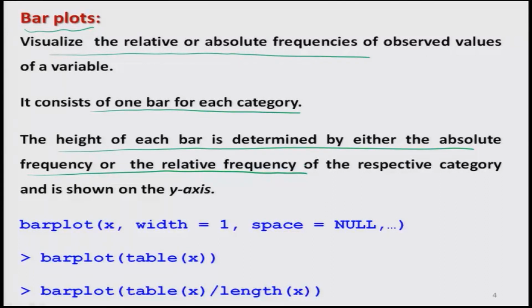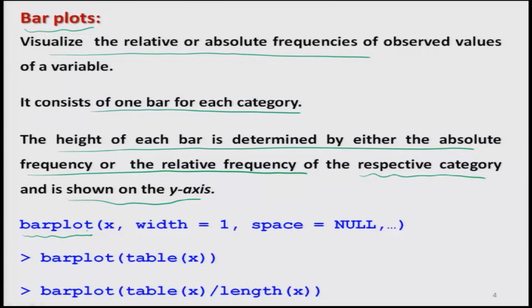And similarly, if the relative frequency is higher, then the height of the bar will also be higher. This is how we try to interpret it. And this relative frequency or the absolute frequency is denoted on the y axis, and these bars are constructed on the x axis. The syntax for creating bar plot in R is